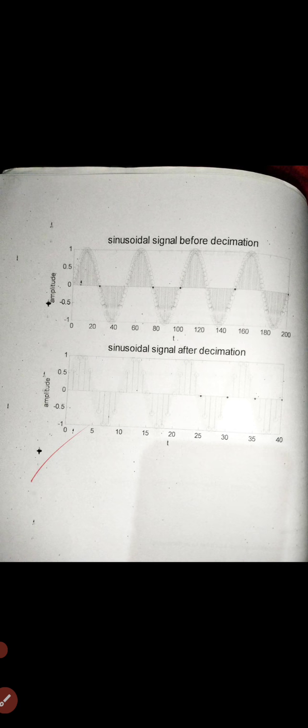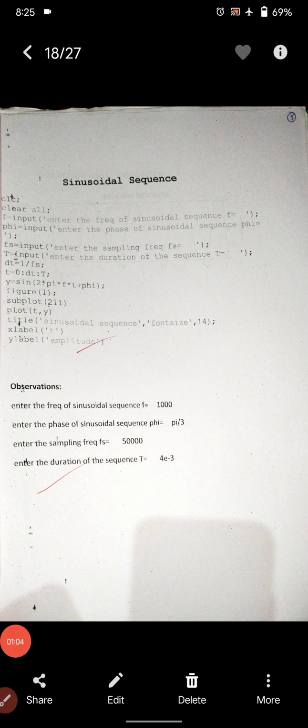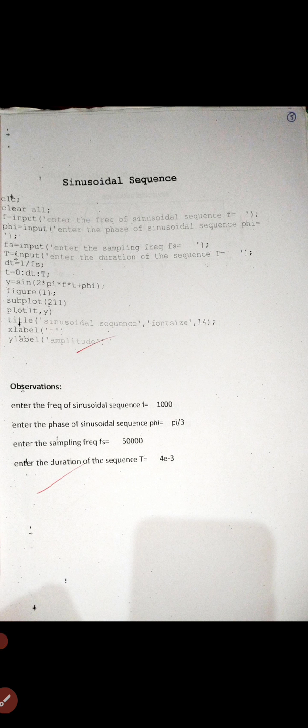The first wave is the sinusoidal sequence. In the program, first clear the window, then clear all, that means clear all windows.